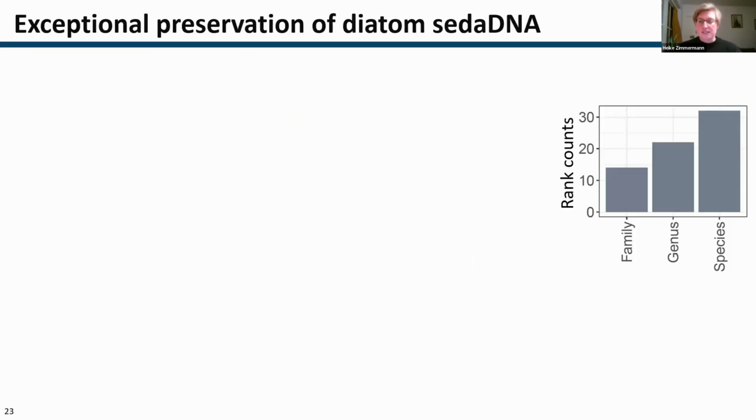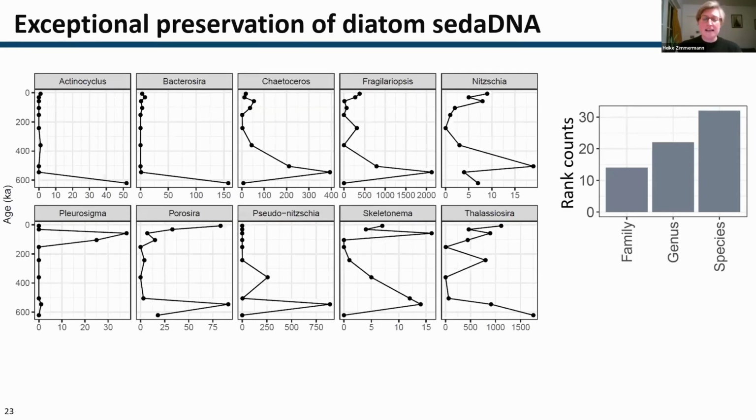But we don't just have a high abundance of diatoms, we also have a relatively high diversity. We found 32 species in 14 different families. And I quickly want to highlight the most abundant ones on genus level. So we have genera that are typical for this region, such as Chaetoceros and Thalassiosira. But we also have genera that contain species that are thriving in cold water and sea ice, such as Spectorozyra, Fragilariopsis, Nitzschia, and Porosira.